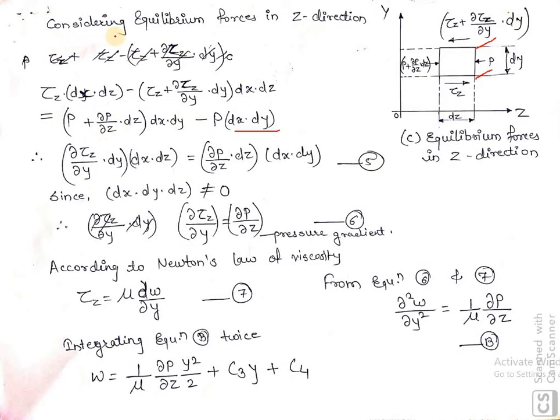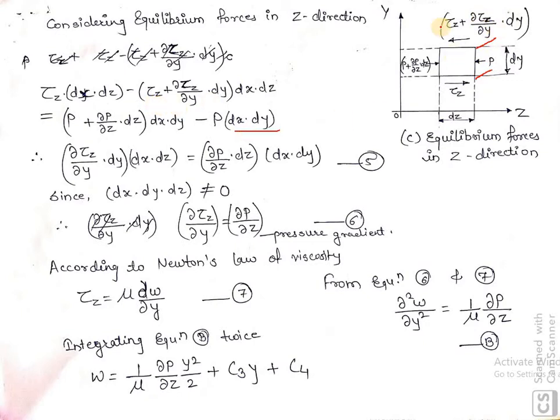Okay, so now we have to take equilibrium of these forces. Now p is in this direction and the incremental pressure is ∂p/∂z. Now if your z increases by dz, then pressure will increase by ∂p/∂z into dz. So we have to add that term in this as we have done in the previous case. Now this is the shear stress and this is the incremental shear stress. So considering equilibrium of forces, same as we have done for the x direction. So again this is positive, and it is along negative z, so minus.